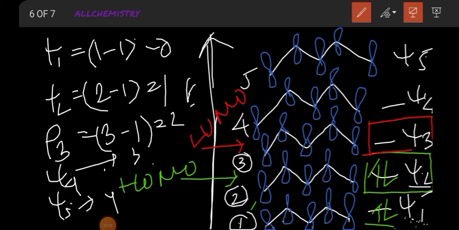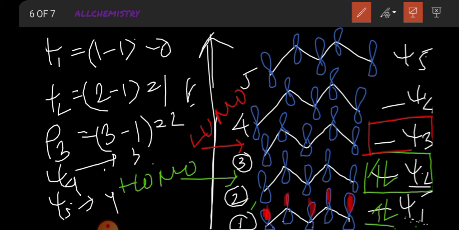Where there is 0 node, you start from there and fill that, then you fill this. As there is no node, there is no phase change, so all orbitals will be filled on the same side. But where there is a node, like psi 2, we have to draw the node